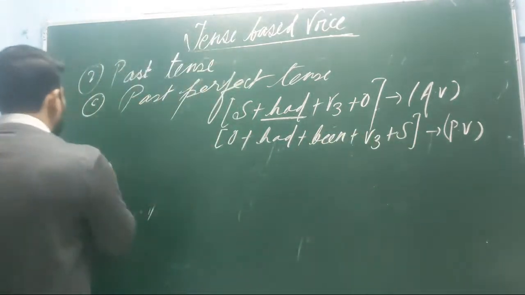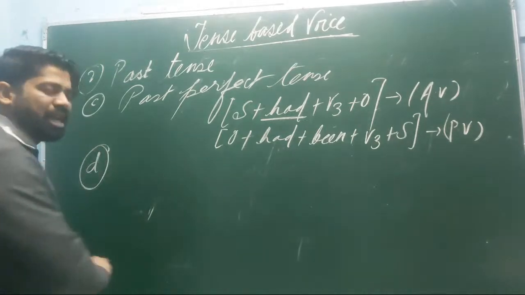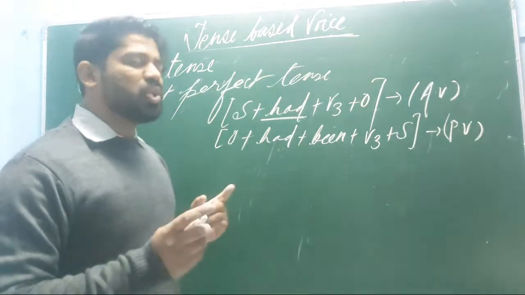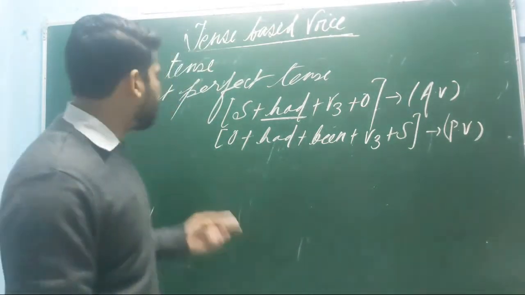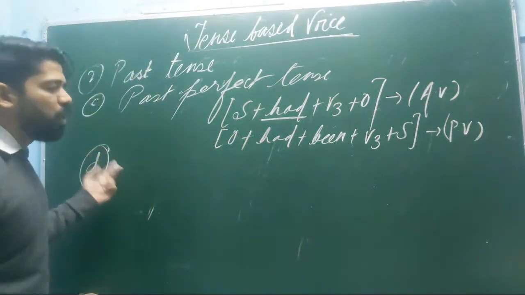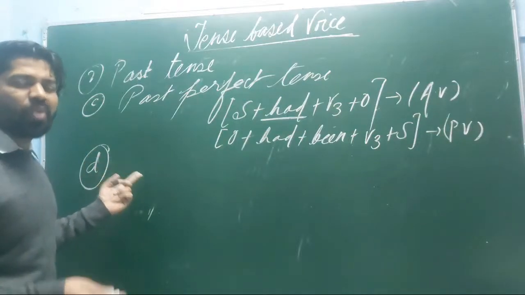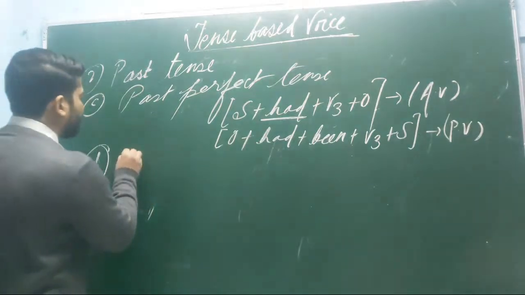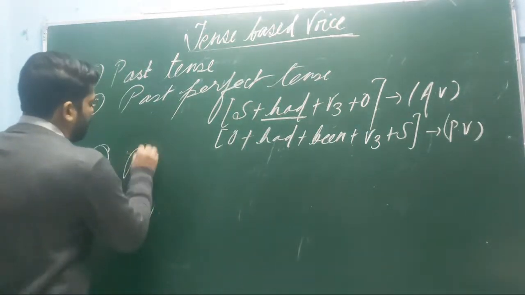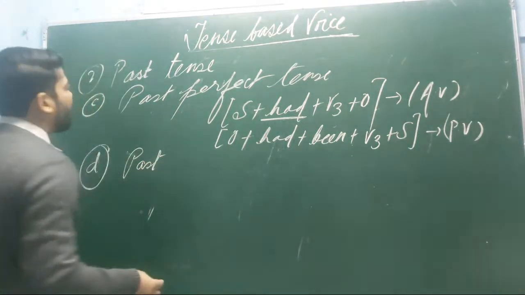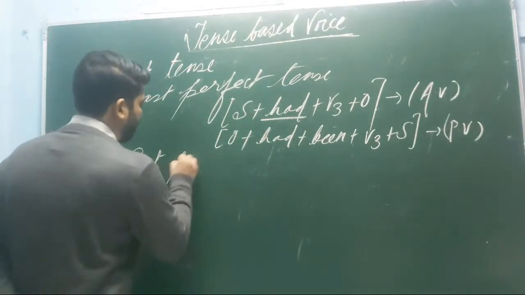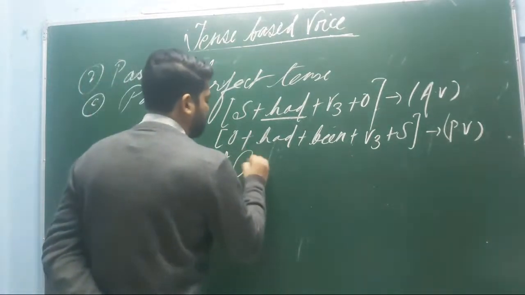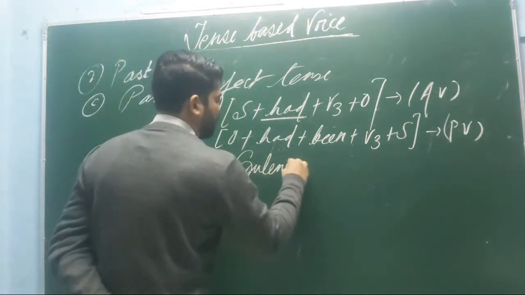Now moving to the last form of the past tense, that is the fourth form. In modern English grammar, there is no use of passive for the fourth form of the past tense. So only here we will discuss the name and the structure. The last form of the past tense is the past perfect continuous tense.